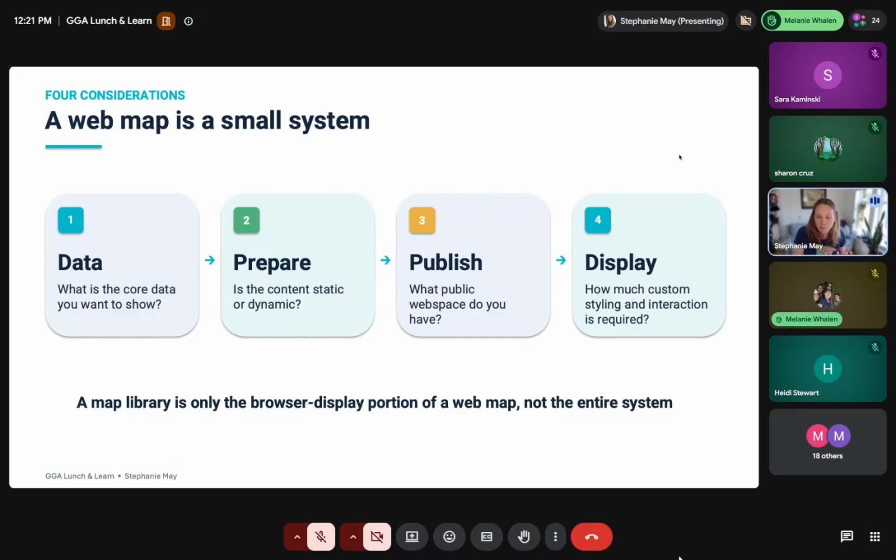Really, I think if you're going to go to the effort here, it's worth it to get all of the benefits and advantages of using one of these open source modern web mapping libraries. You want to step back and think about all of these 4 steps. And I say that because a lot of people might think, well, the mapping library is just the browser. It's just a browser display. So that's all that really should work.